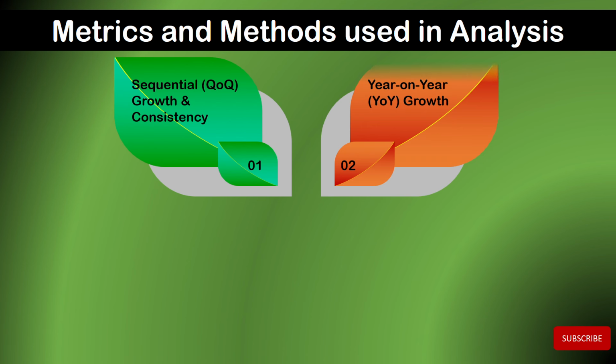Okay. The next metric is the year on year growth. This metric analyzes the change in the financial metrics like revenue, profit, EPS for the current quarter, that is the Q2, compared to the exact same quarter in the previous fiscal year, that is Q2 of last year. Comparing the same quarters removes the impact of seasonality. For example, high sales during festivals, cyclical demand in specific months, providing a clean view of the company's true structural